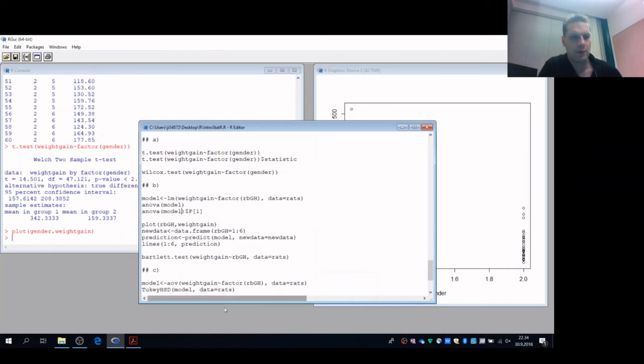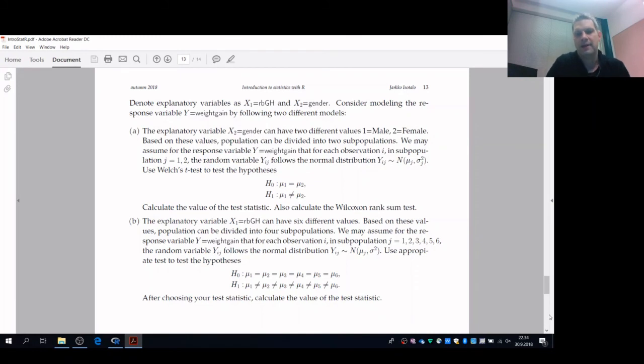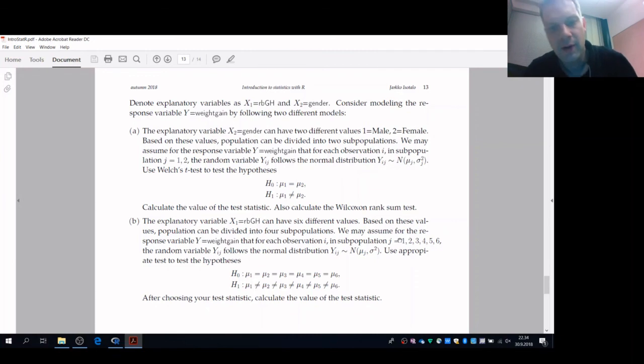So that was our question A. So the question B is then that we look at how this X1 variable, which is related to this growth hormone level, divides the whole population into, sorry, it's not 4 subpopulations, it's 6 subpopulations. And we may assume that in each subpopulation the response random variable follows the normal